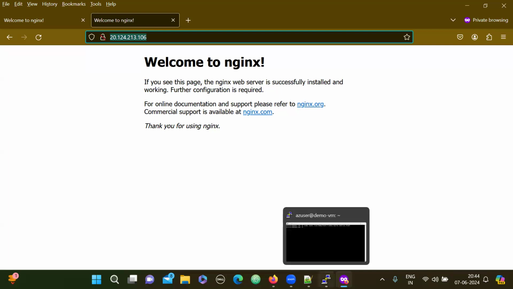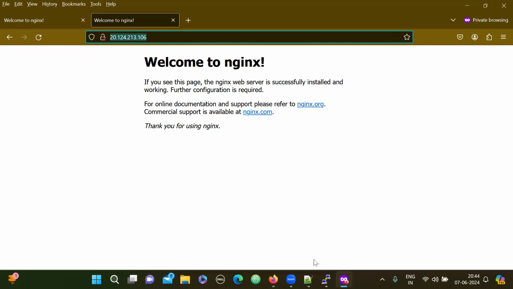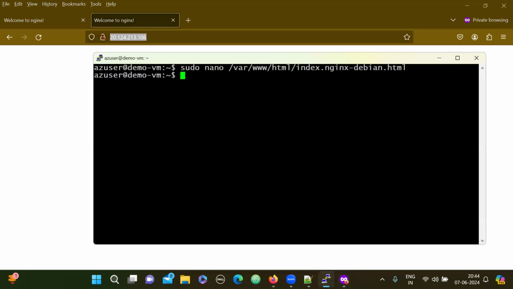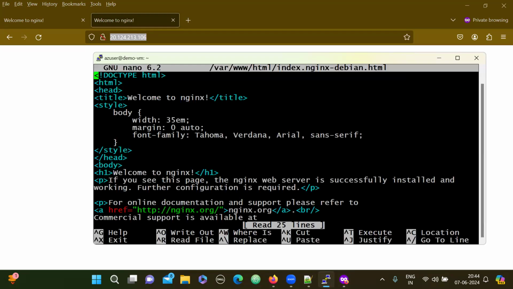Now I want to modify it. I don't like the welcome to Nginx page. I want to change it. You can go to this page and then come down here. You can even add some GIFs, some images, all those things you can do. What I will do is just come here, and instead of welcome to Nginx,